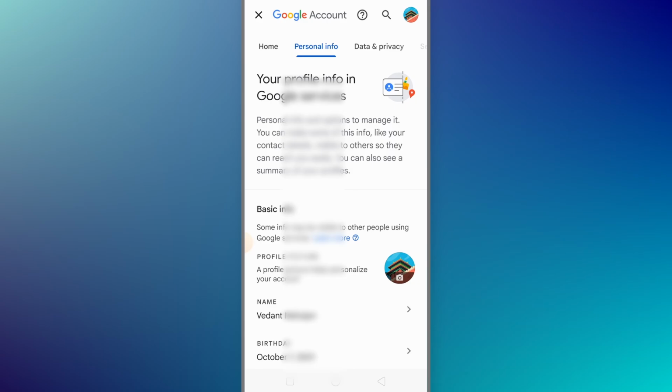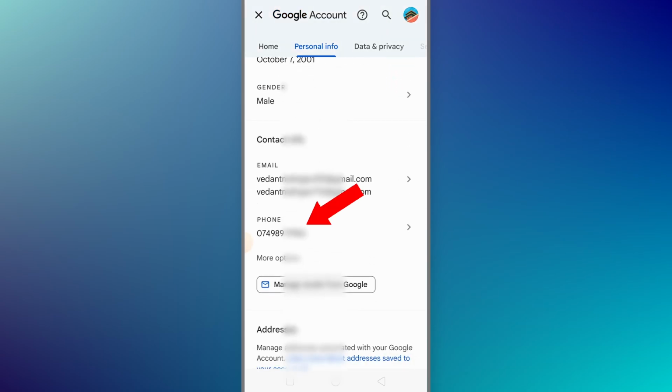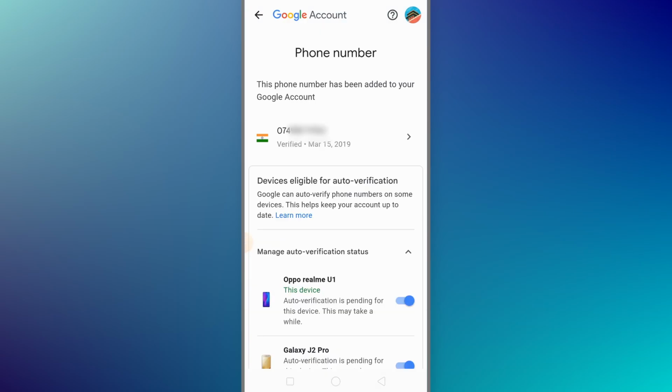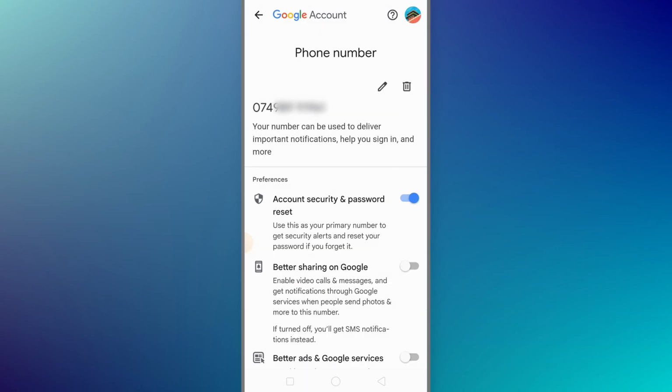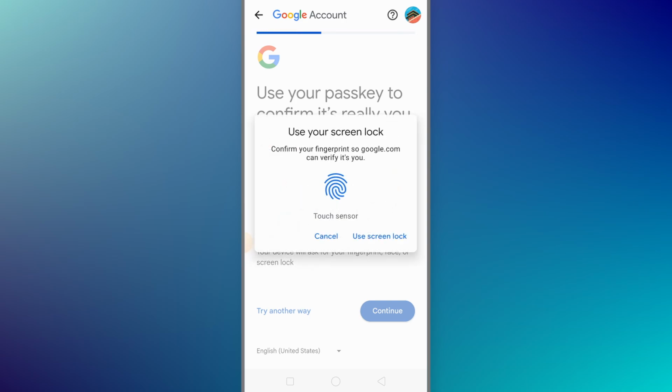Just tap there and now scroll a bit, and then you will get to see the option for phone number. Just tap on that, and again we have to click on this little arrow right here. Then this time we need to click on this little pencil icon, and here we need to confirm that we are doing this thing. So for that we just need to enter our password, whatever password you have set it